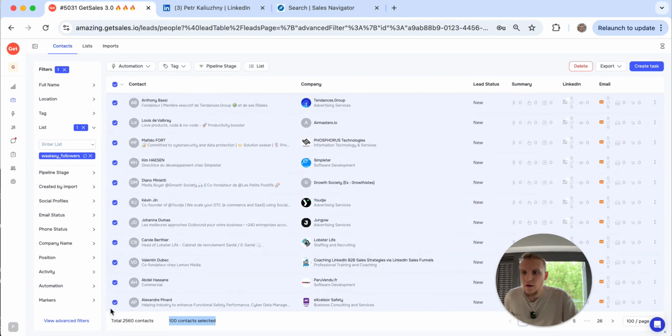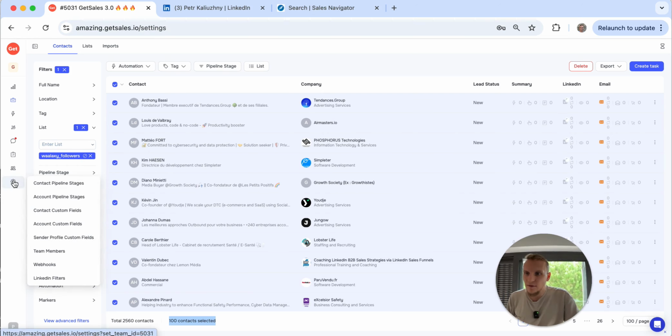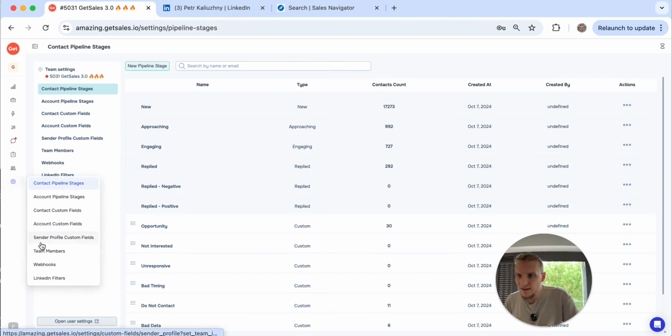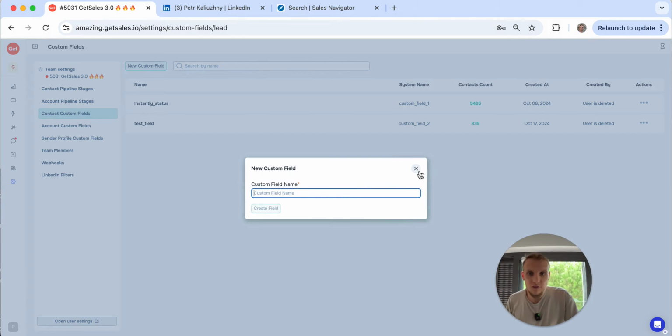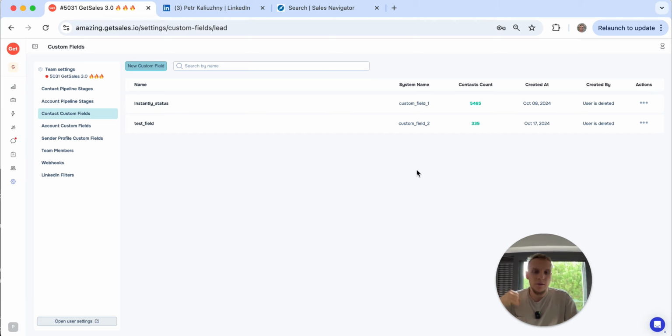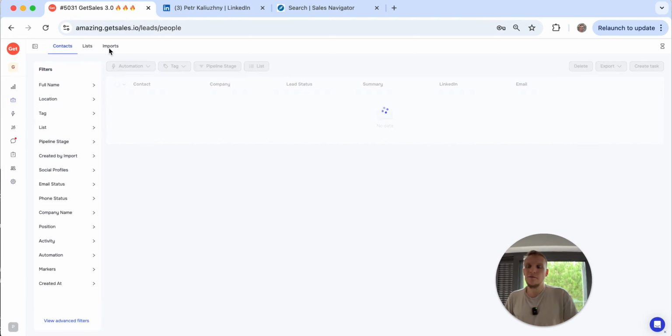Okay, you see. So the custom variables, right? You navigate to the settings, you navigate to contact custom fields, in case it's related to contacts, right? And yeah, you just create one. Create as many as you need, because you can create an unlimited number and you can keep an unlimited amount of characters in these variables. Yeah. By the way, I forgot that I missed another way,